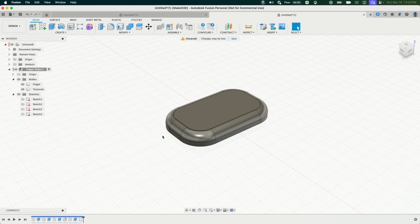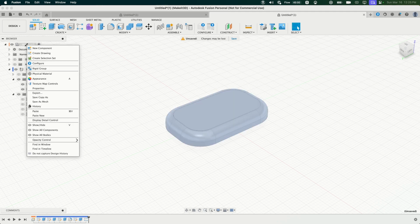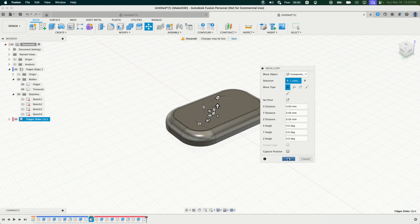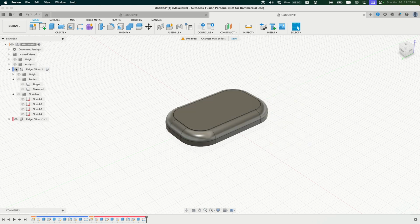So the cool thing about Fusion 360 is that we don't have to redo this entire process. So let's right click on Fidget slider, click on copy, then toggling on our unsaved portion here. Let's right click on this, click paste new, and now press OK. Now, if you were to turn off Fidget slider 1 and toggle on the new one that we just created,